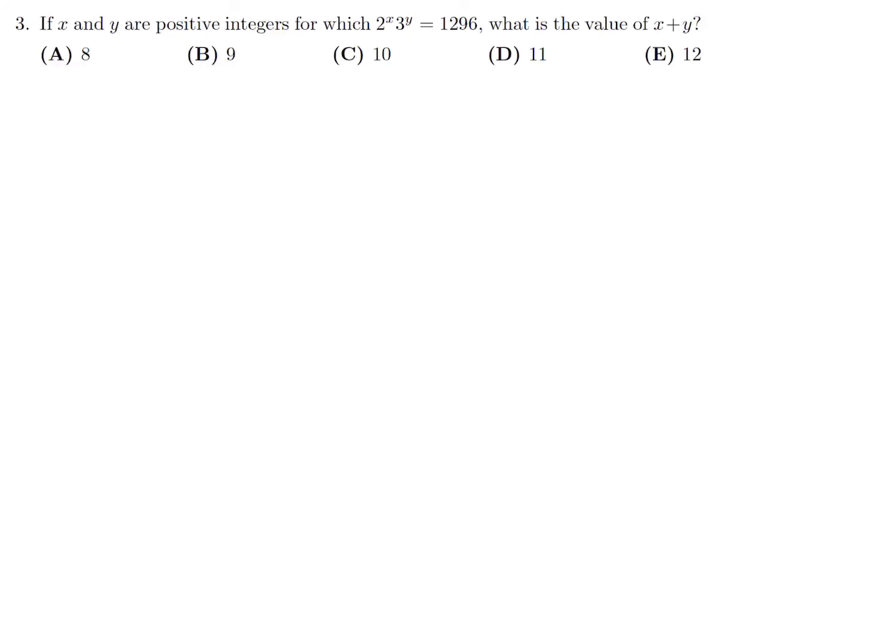If x and y are positive integers for which 2 to the power of x times 3 to the power of y is 1296, what is the value of x plus y? So 2 to the power of x, 3 to the power of y is 1296. We obviously have to factor this. And if you do,